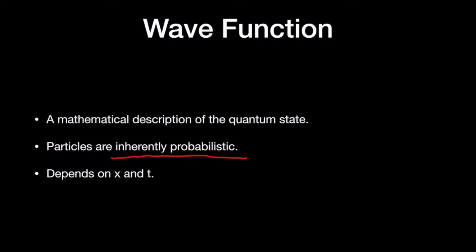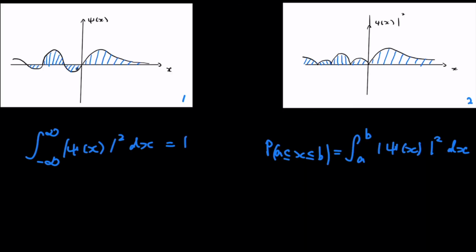So for instance, in classical physics, I can represent the position of an object as x equals something. But in quantum physics, I will just represent this position as a probability of it appearing between 2 points. And just notice that the wave function varies with both position and time. But in this case, it's just an example for better understanding.